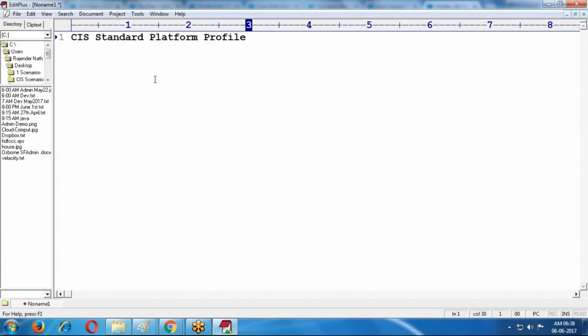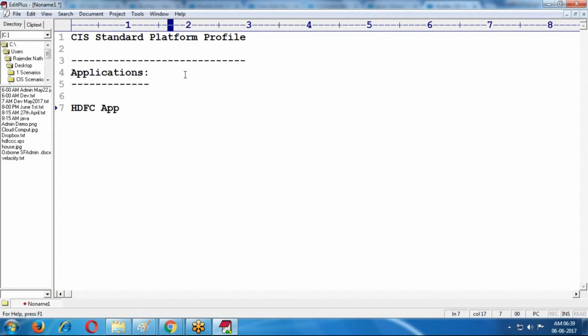This is the profile I created, and in this profile, now custom applications. Here we have some applications. In the applications, the HDFC app is visible and it is default.